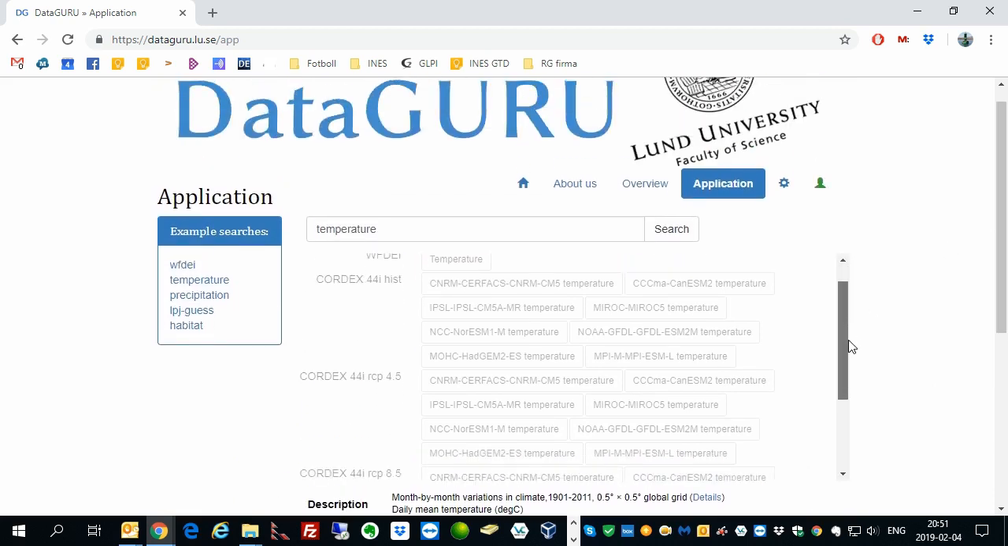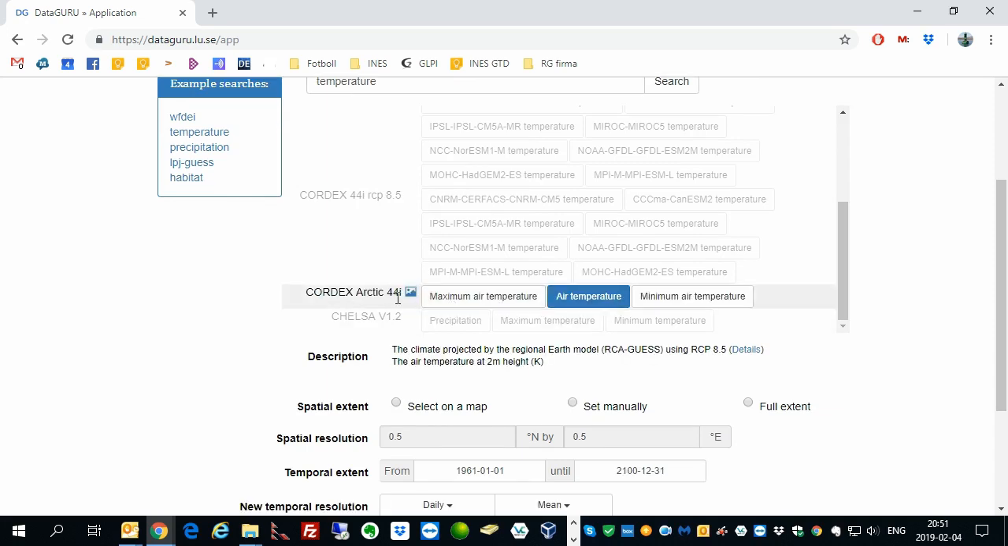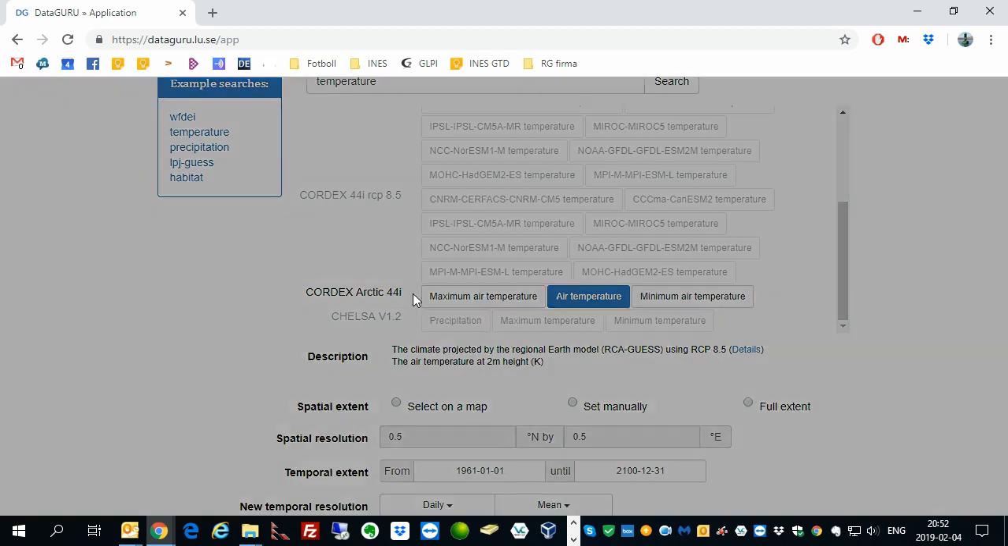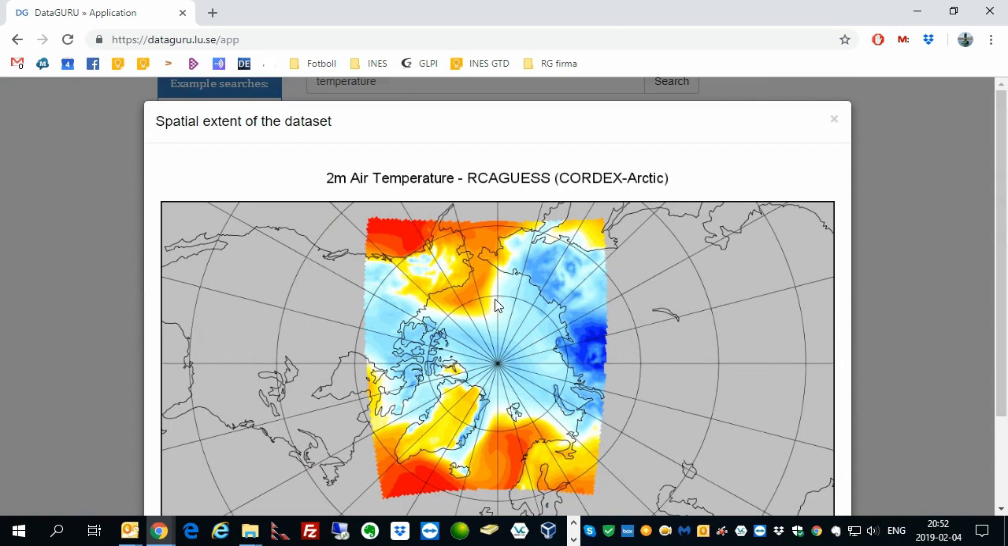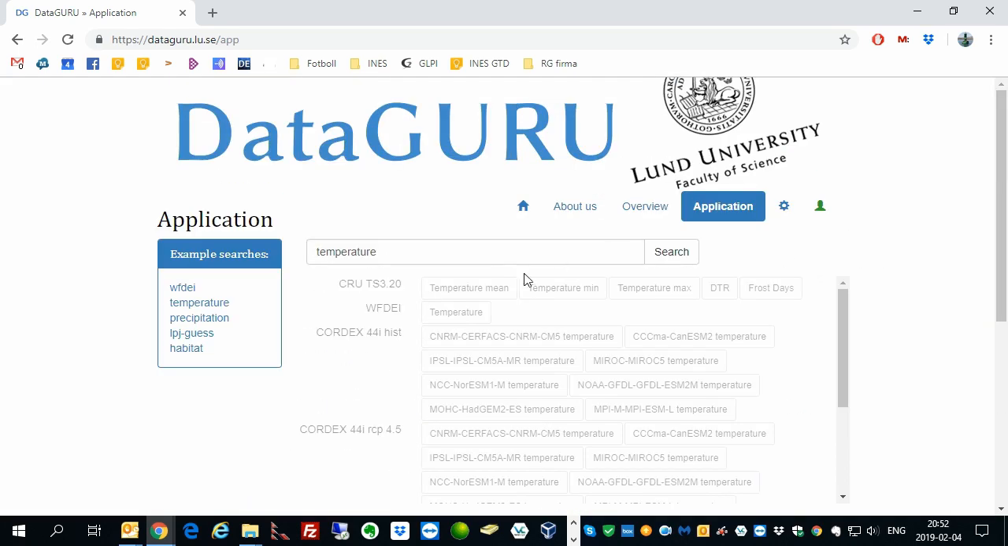But if we look on, for instance, the Cordex Arctic, click air temperature for Cordex Arctic, projected data. And we can also click this to preview its geographic extent, and it says in the name it's Arctic, so it's obviously going to be the Arctic. So for my purpose right now, I'm going to use the CRU temperature mean